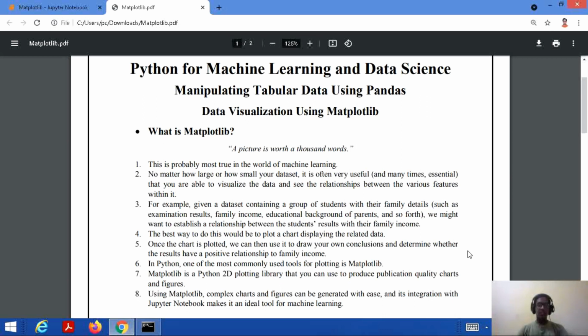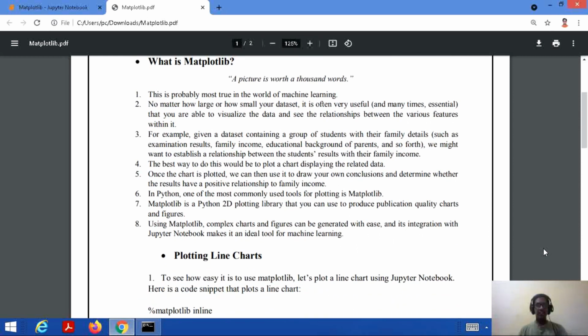So in Python, there is one of the most commonly used tools for data visualization, and that is called Matplotlib. It's a Python 2D plotting library that can be used to produce publication quality charts and figures and diagrams, something like that. So using Matplotlib, we can create complex charts and figures in a very easy way, and also we can integrate this with Jupyter Notebook, which makes it an ideal tool for machine learning implementation. And yes, we are implementing our codes on Jupyter Notebook. So obviously